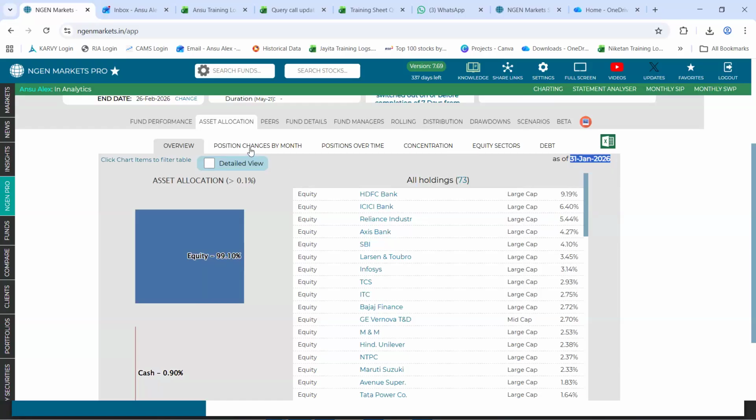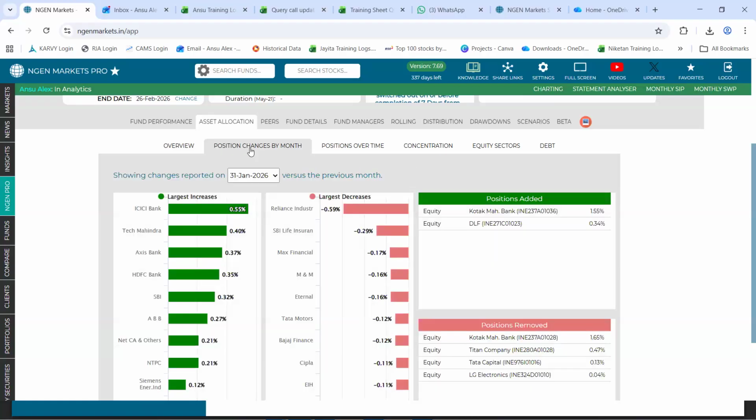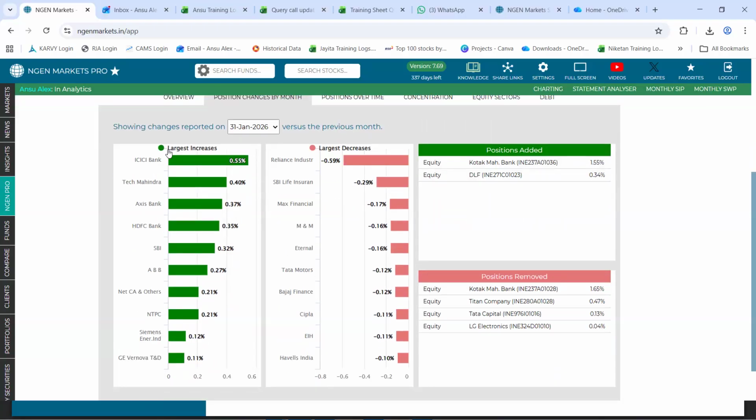Following that, we have this tab called position changes by month, which says, in consideration to the previous month, how has the portfolio of this fund changed? Right here, we are showing you the largest increase in consideration to the previous month, the largest reduction, any new positions that have been added, and positions that have been removed.